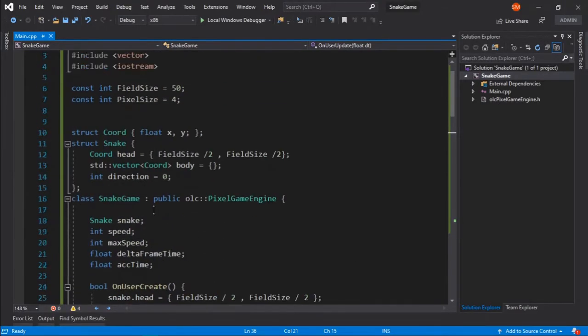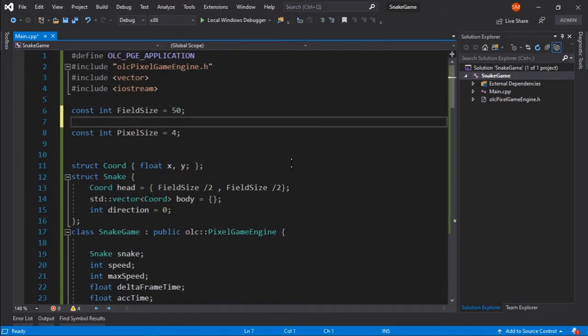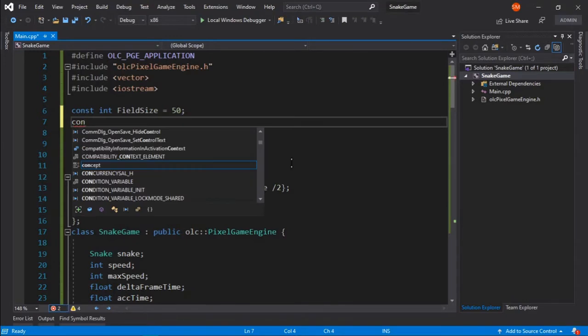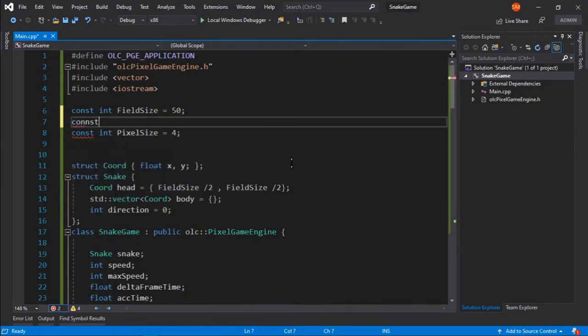Now what I can do is our snake has a const block size of, let's say 60, not 60, but let's say 4.